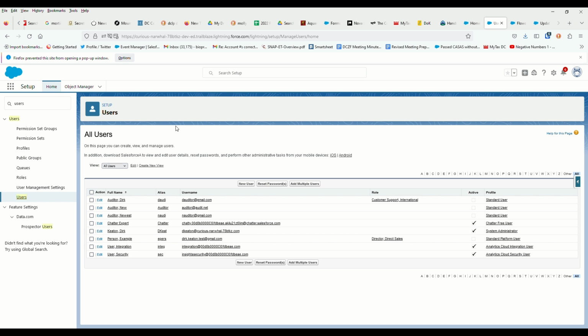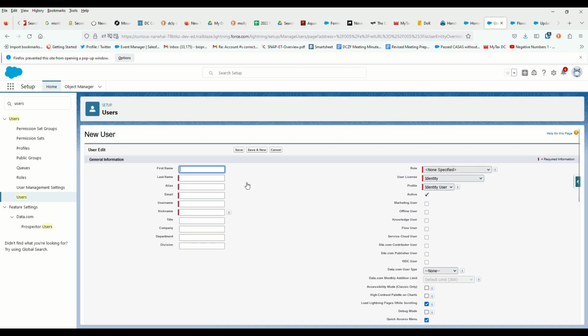I'm going to briefly demonstrate what this flow will do. So I'm going to create a new user, and let's call them Charles Auditor. Because we're going to use the Salesforce license, they're going to be handling cases. And then I'm going to go real quick to just standard user. Let's make them a flow user and a service cloud user because they will be doing support work. And the other thing, and the most important thing I'm going to do is I'm going to give them the